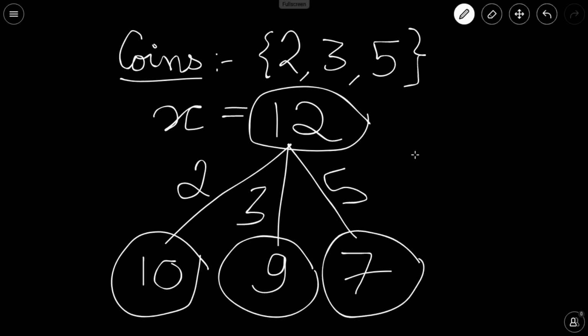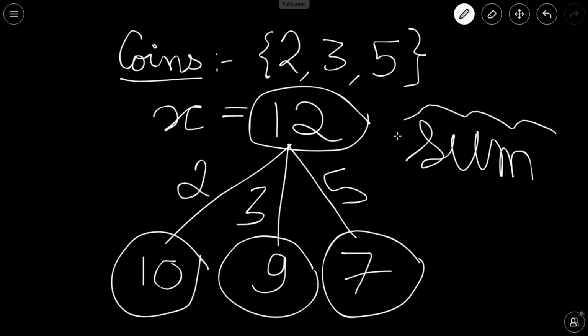Or you can say that the sum which is required to be made is a DP state here. So using this state, you might be able to develop the recurrence relation and solve the problem. Now pause the video and try to solve the problem by yourself. If you still cannot do it, I will tell you the whole solution approach now.